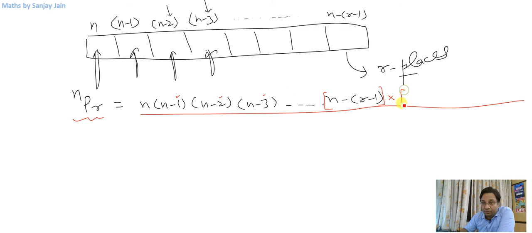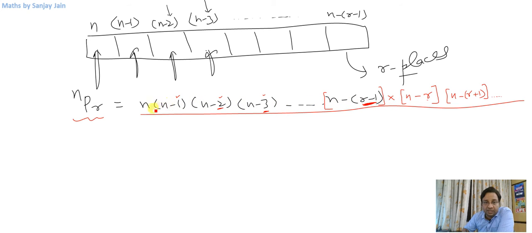So what I'm going to do is I'll write the next number as n minus r, right? So r minus 1, if there was 2 here, there was 3 here. Now there is r minus 1 here, I have written r here. So the next number will be n minus r plus 1. This will be the next number, right? And similarly you can go up to, now we are becoming smaller and smaller.